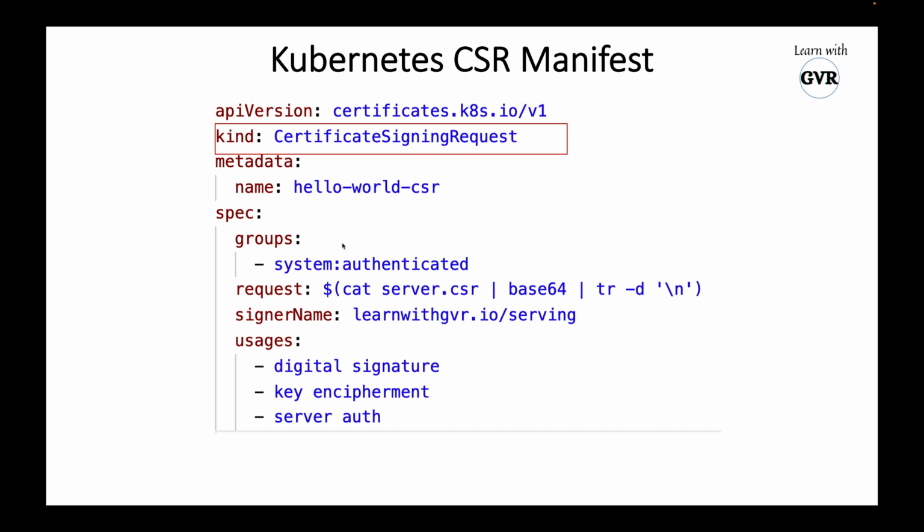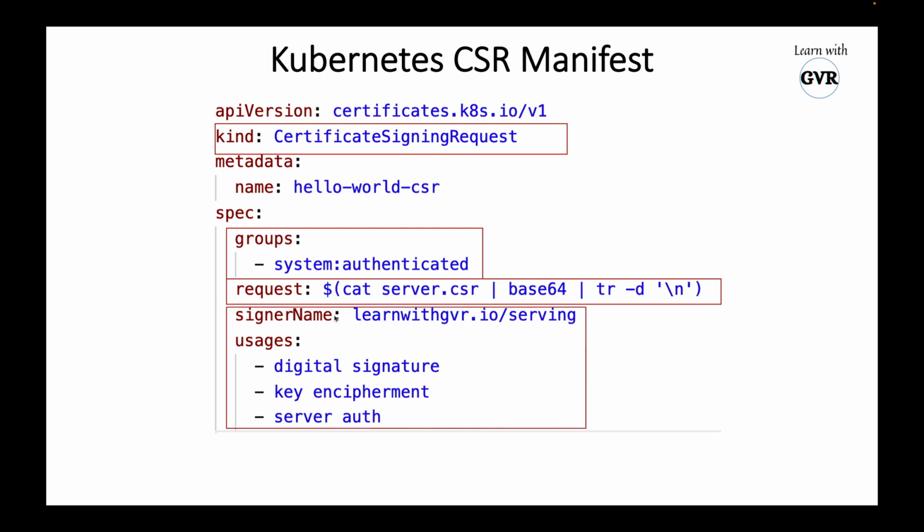So here there is another CSR, where I want to be part of system:authenticated, and I created a hello world server, a hello world application. That hello world application needs to be called by the API server. That means the API server will call this hello world application. In that case, I need to have some authorization, like an admission controller I am creating. The admission controller is connecting to hello world. So in that case, I will use an external signer, which is